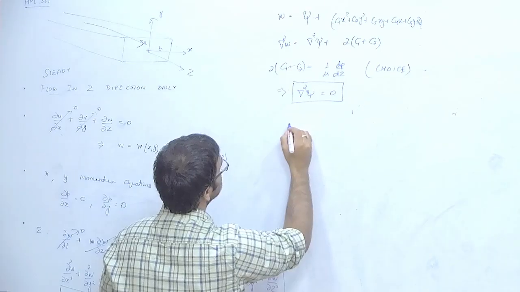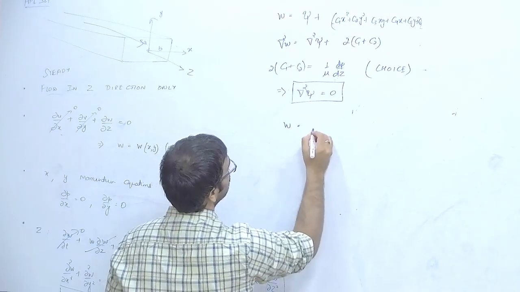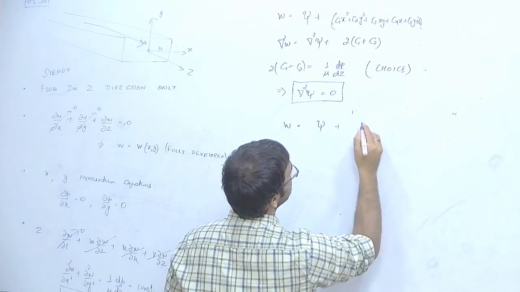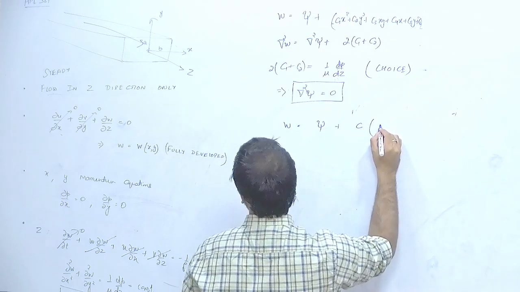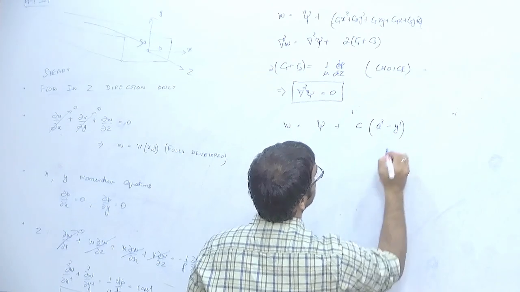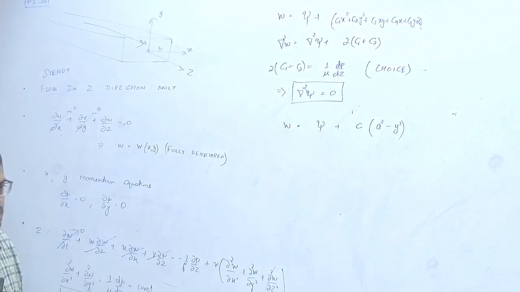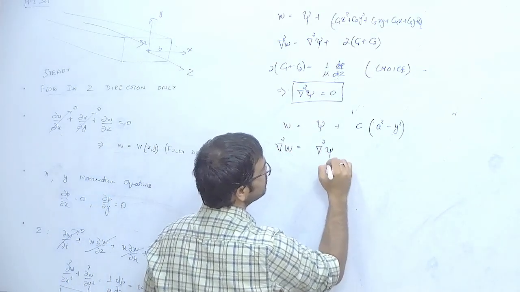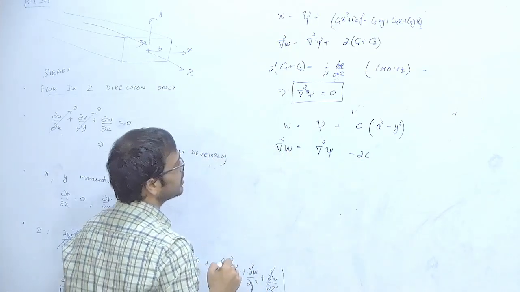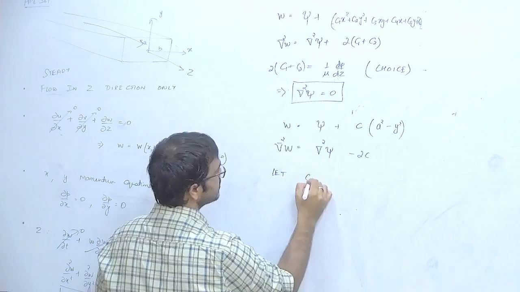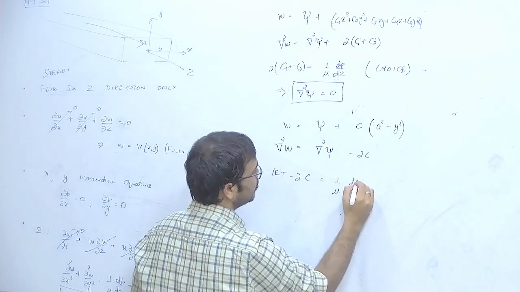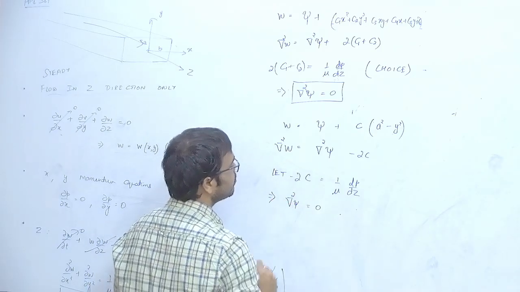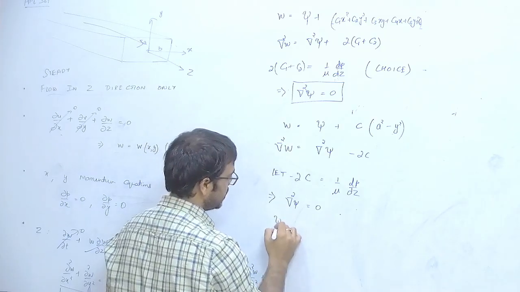So, you have to choose a function such that, in this example, we were writing that W, let us write it as psi and then plus half or some constant times a square minus y square. Let us write it like this. So, in this case del square W is minus 2c. So, let this minus 2c be 1 by mu dp dz, in which case del square psi becomes 0, and the boundary conditions are that psi at